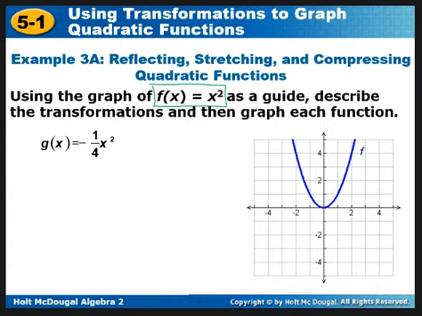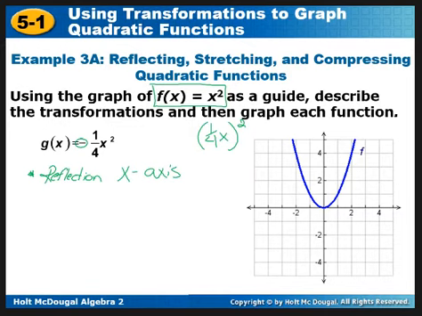But the first thing I should notice is there is a negative out front of everything. A negative out front basically means there should be some type of reflection. In this case, because it's outside of the squared part, in front of everything, we're talking about reflection across the x-axis. And the 1/4, if it's not inside with the x, or we don't have parentheses around it, like it's written differently over here, this on the right would represent some type of horizontal stretch or compression. In this case, because it's outside of the squared part, we're looking at some type of vertical